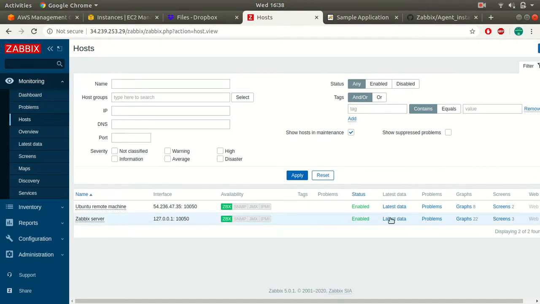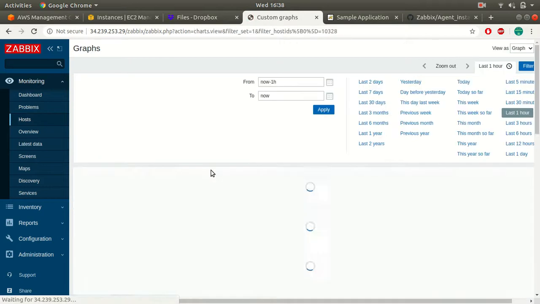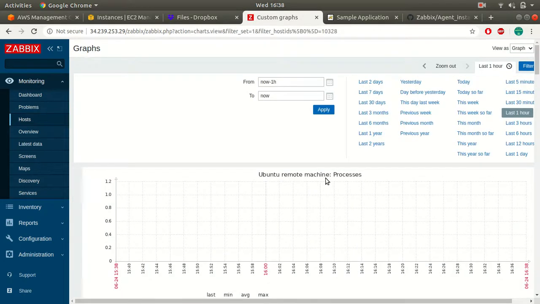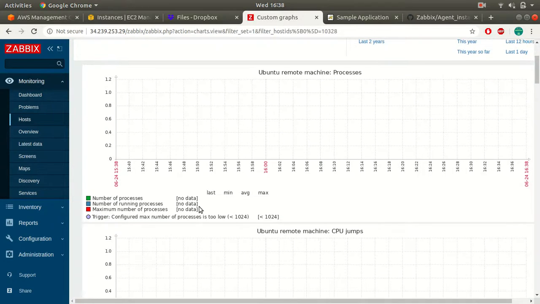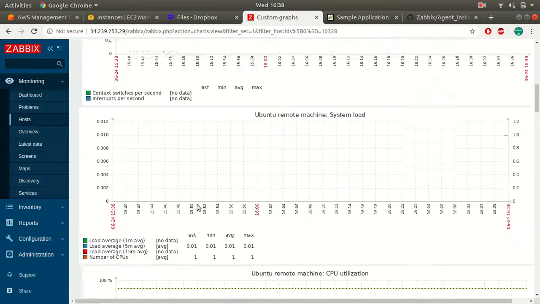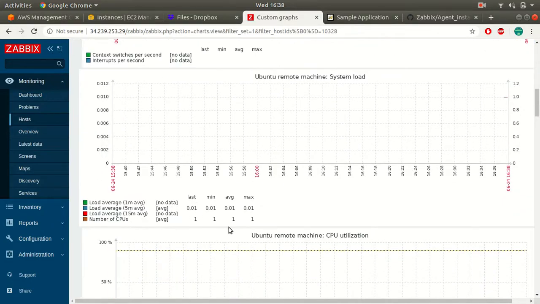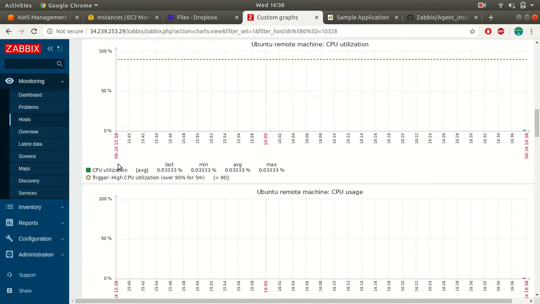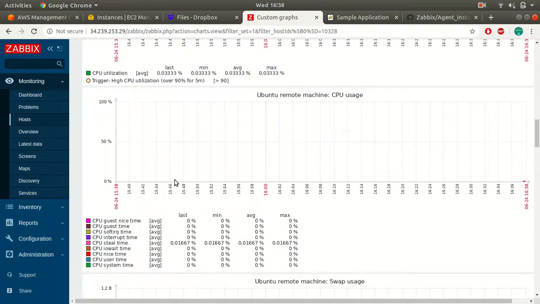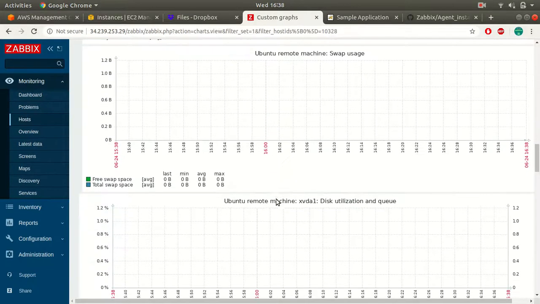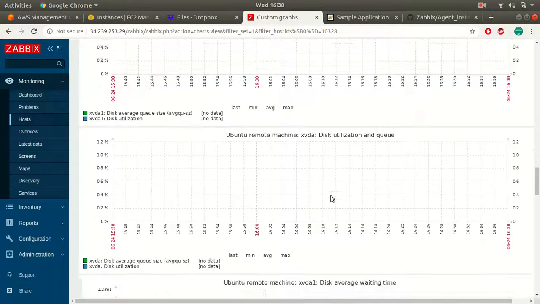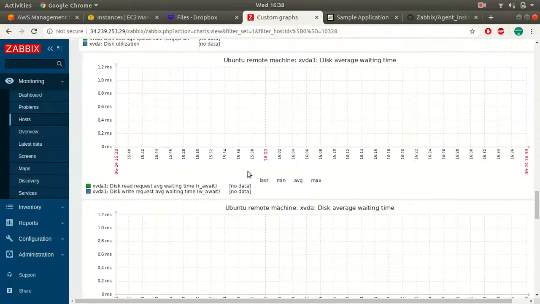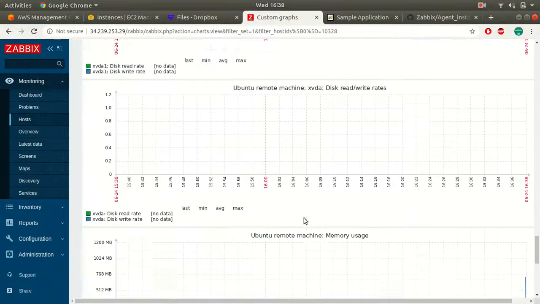And if you want to see the information, you can go to graphs, and here you should be able to see your processes. So you will see no data because it will take some time for this data to be populated. So you can see number of CPUs, load average, and that's my CPU utilization, that's my CPU usage, my disk utilization. All this information should get populated in some time.